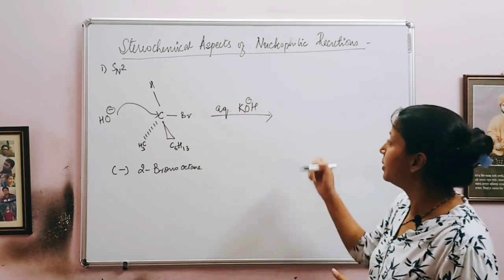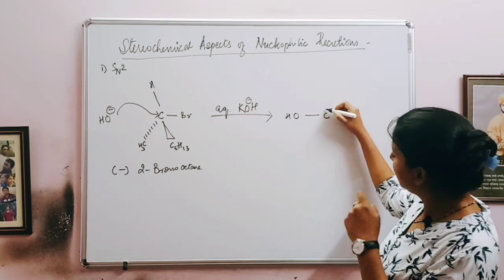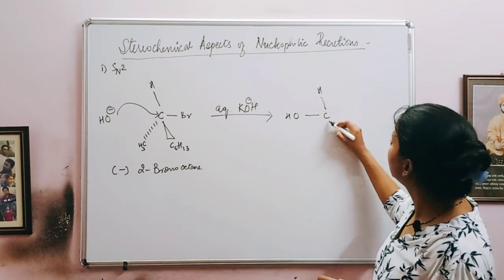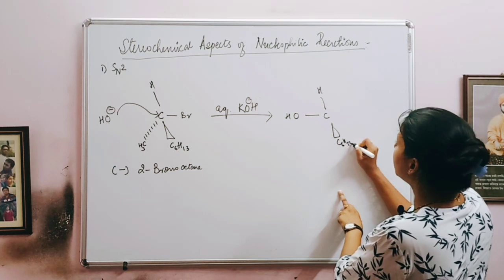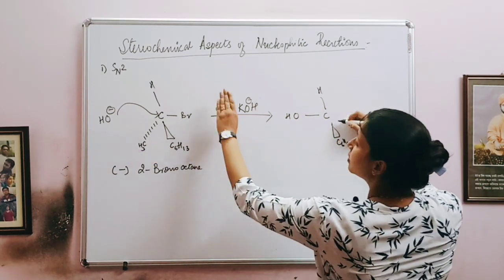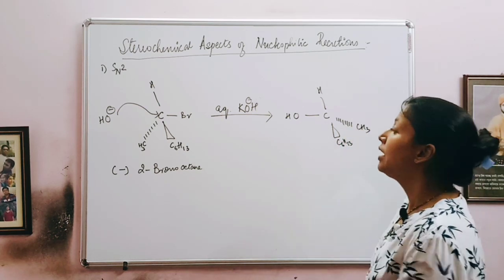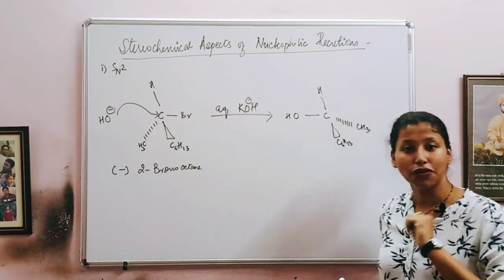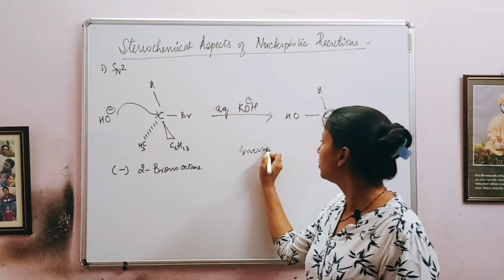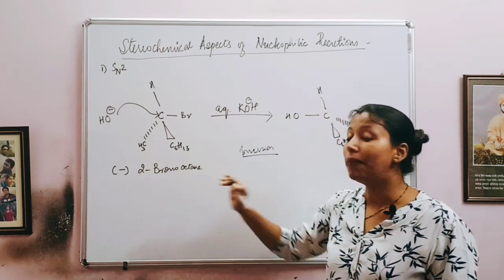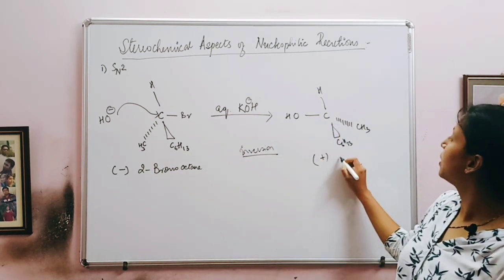Same thing happens here. So OH comes here, CH remains in its place, C6H13, and this CH3 comes this side. So CH3. Since this is an inversion of configuration, the minus 2-bromo-octane becomes plus